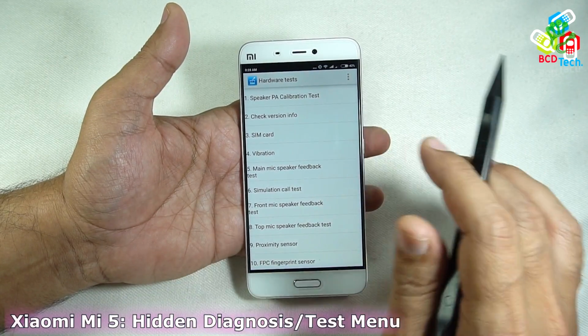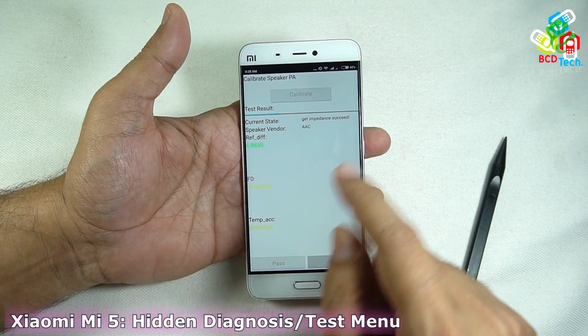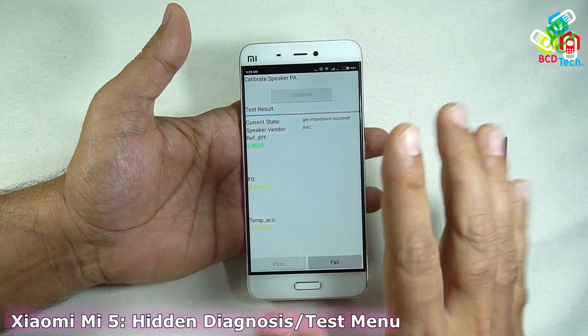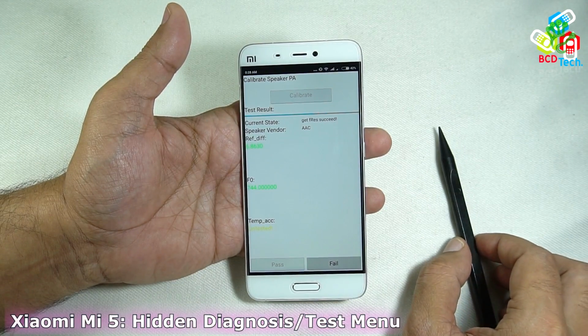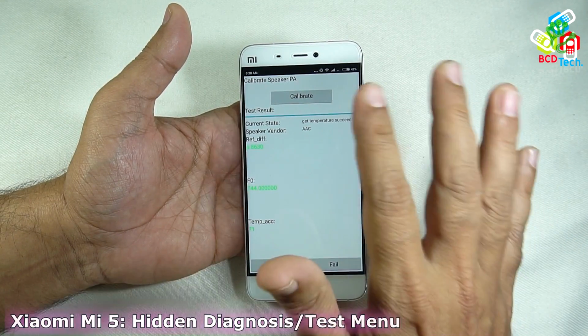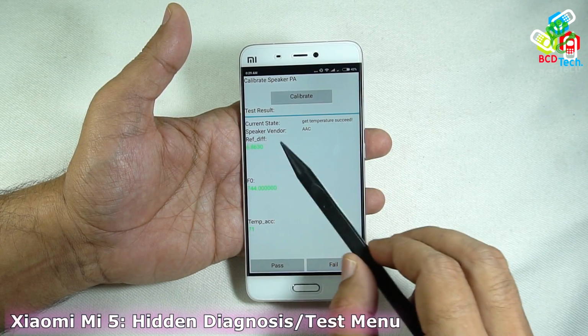Now in this test mode you can check or calibrate the speaker. You can see that the speaker is now working and it will give you some status. You can see that get temperature succeeded and speaker vendor AAC,